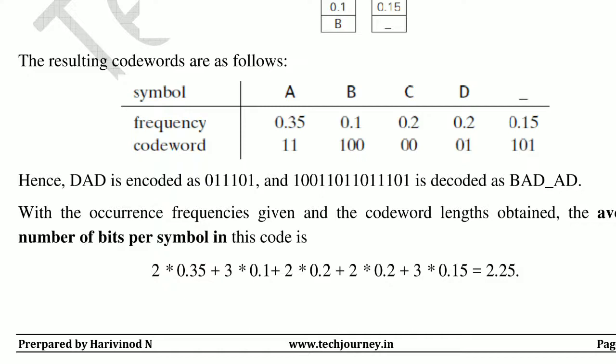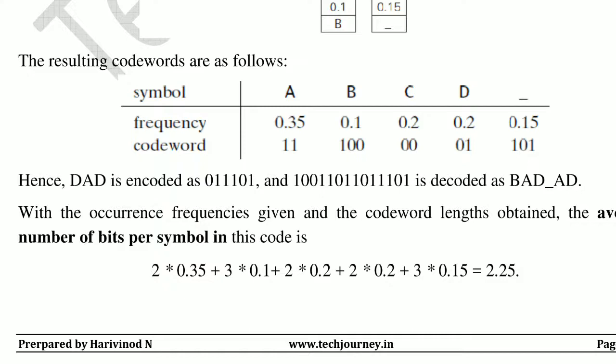Next stage: we will be given a message to encode, or given a prefix code that we have to decode. First example, DAD, a message which I have to encode. How do I represent D? D is represented with the code word 0, 1. How do I represent A? A is represented with the code word 1, 1. And D again is 0, 1. So it is 0, 1, 1, 1, 0, 1. If I encode this DAD message, I'll be sending 0, 1, 1, 1, 0, 1. So this is how I encode the given message using the code words.